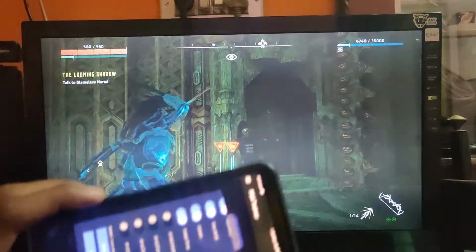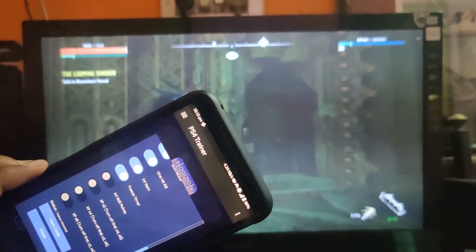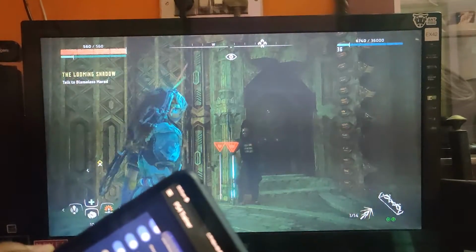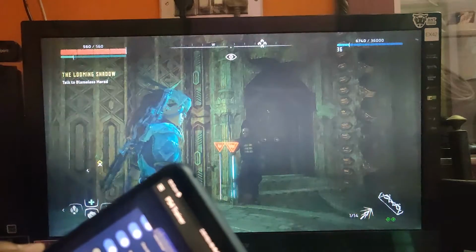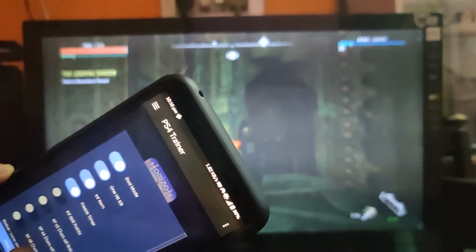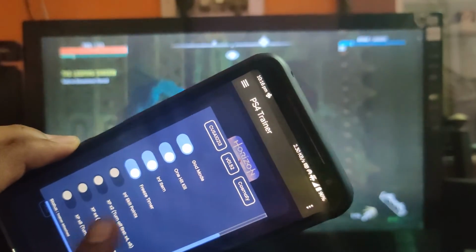There are a lot of options. You can go through this. So one more important thing, you need to stay connected. You cannot turn off this hotspot or Wi-Fi while you are playing. This needs to be connected while you're gaming for it to work.